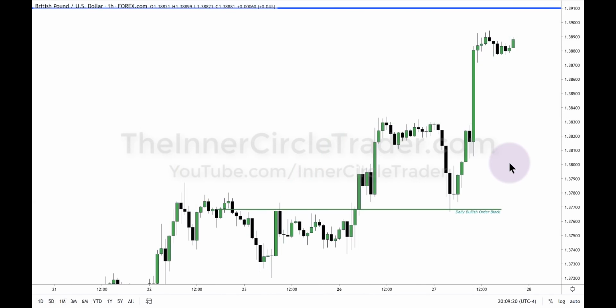Zooming in here, you can see again, this is the daily bullish order block level. And I want you to look closer. Think about what I was showing you on the weekly chart. Those clean levels are singular candle lows and highs, or swing point highs and swing point lows. They have stops above and below those as well.